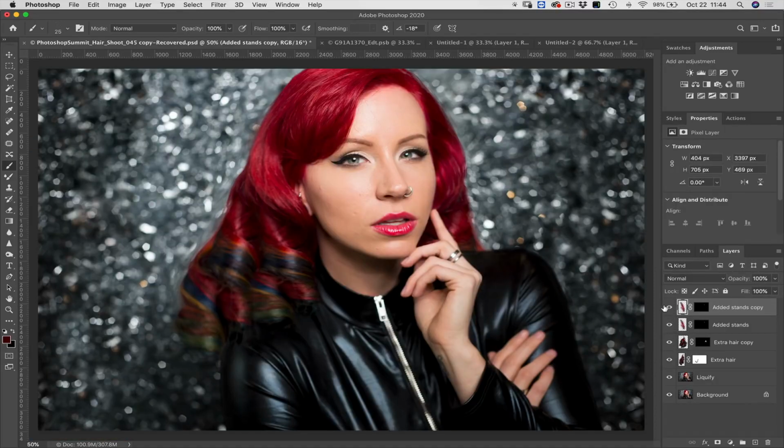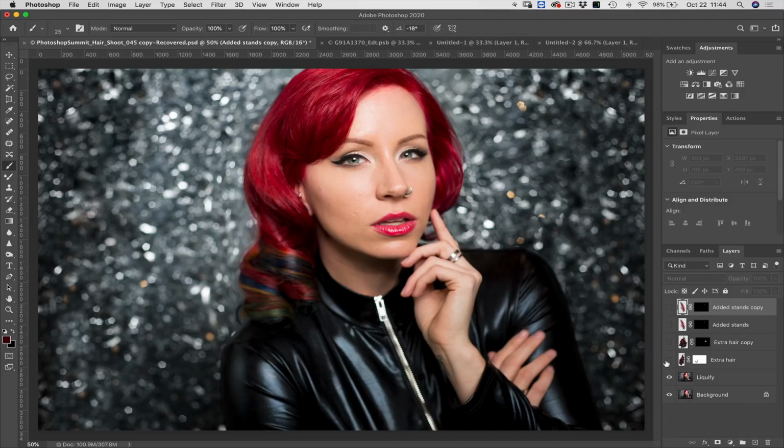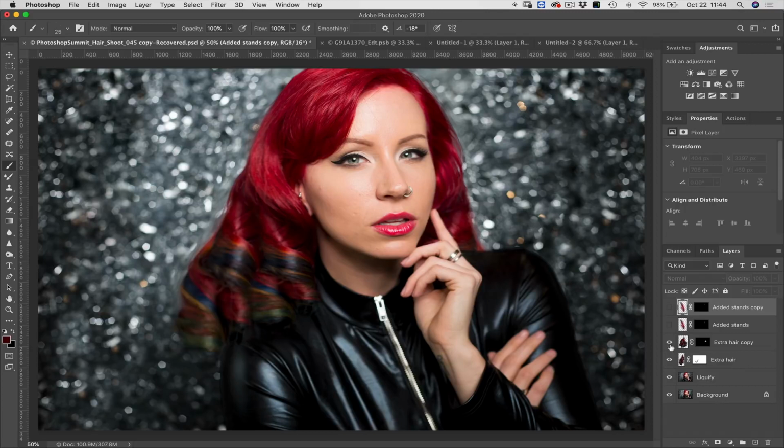So what have we learned in our class today, the advanced hair retouching course? We learned about adding clumps of hair and making them look realistic. Remember that when it comes to adding clumps of hair, we're going to copy, paste, warp. Copy, paste, warp. That's what we're going to do. And then we added some custom hair strands as well that are multifaceted underneath. And we then took those